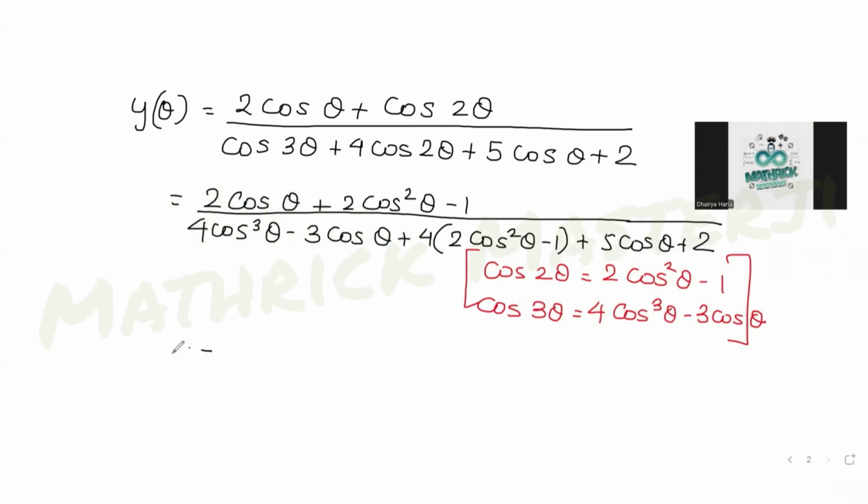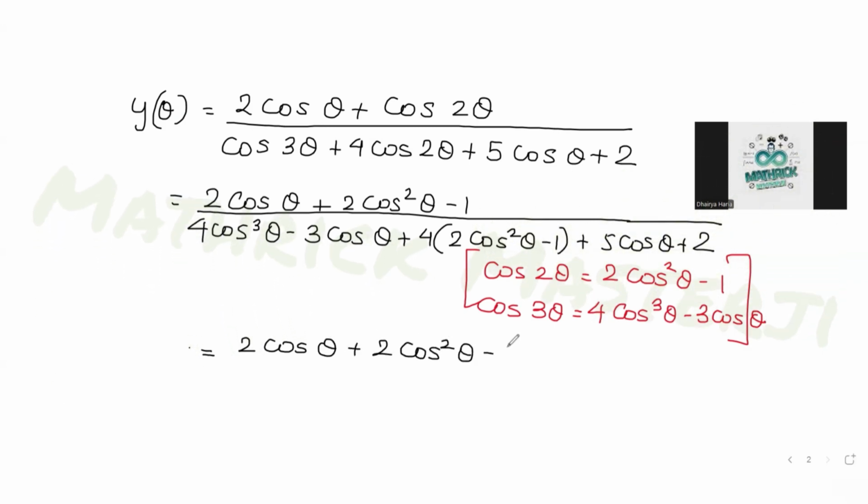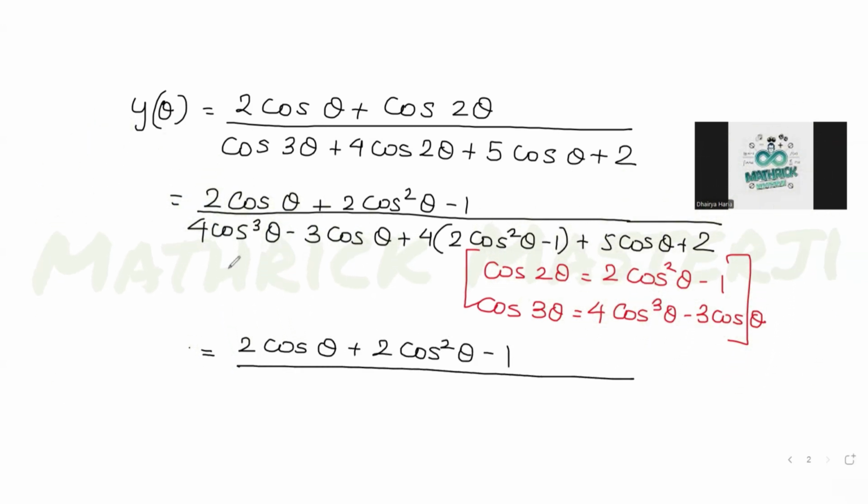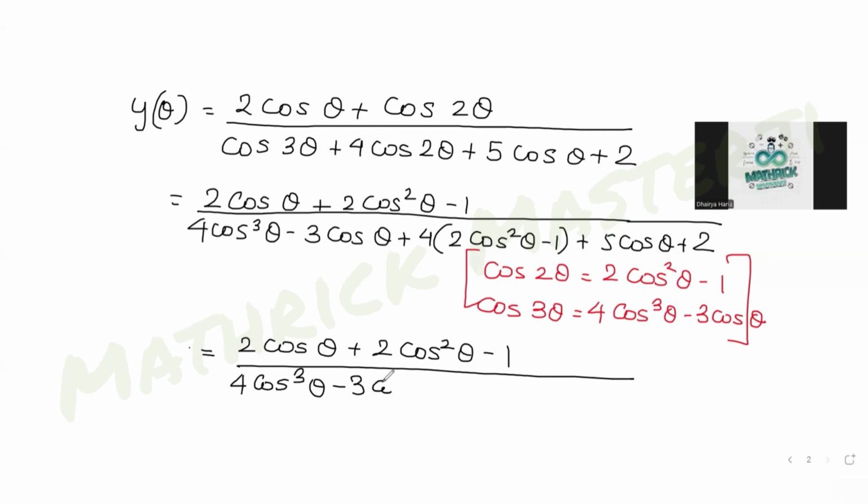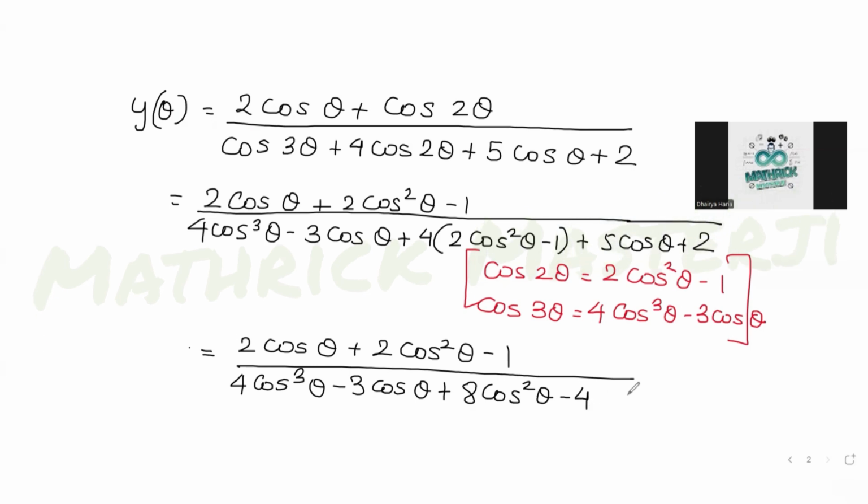Now let's simplify it. The numerator is 2 cos theta plus 2 cos square theta minus 1, and the denominator is 4 cos cube theta minus 3 cos theta plus 4 times 2, which is 8 cos square theta minus 4, plus 5 cos theta